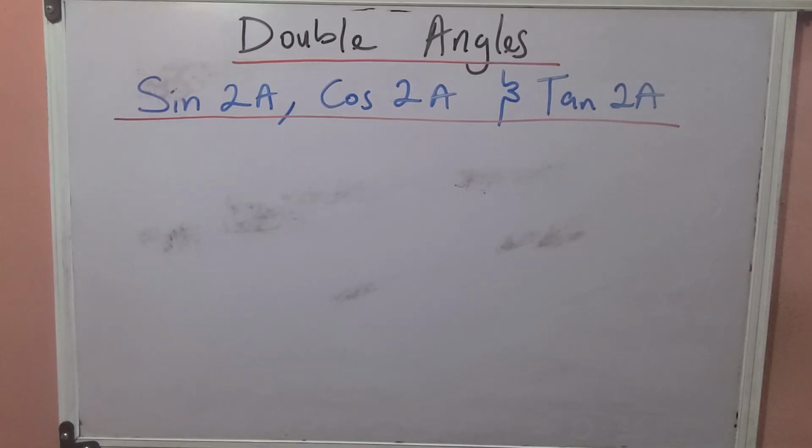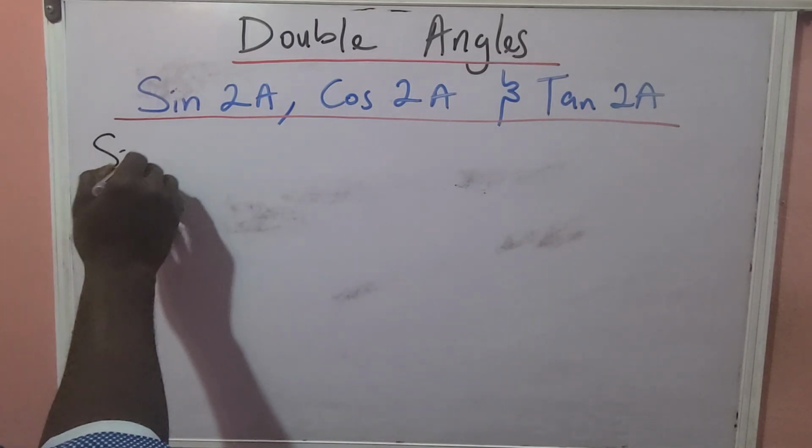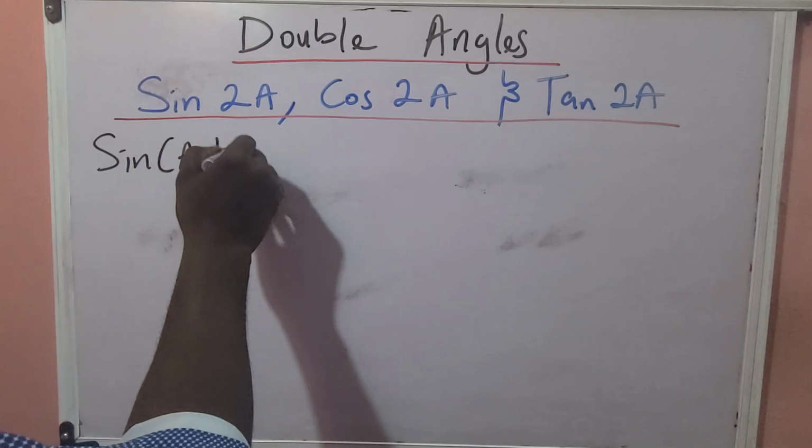All right, in this video, we're talking about double angles under trigonometry. In the previous video, we talked about compound angles. For us to be able to derive our identities for double angles, we would have to make use of our compound angles. Now, I'm sure you remember from the previous video that we stated our identity for sine A plus